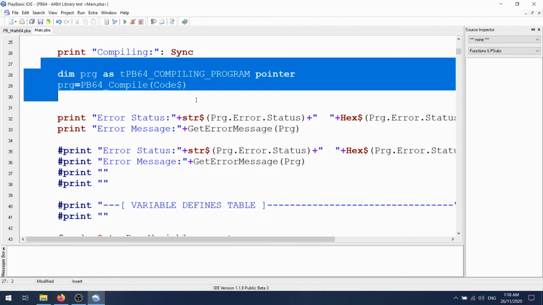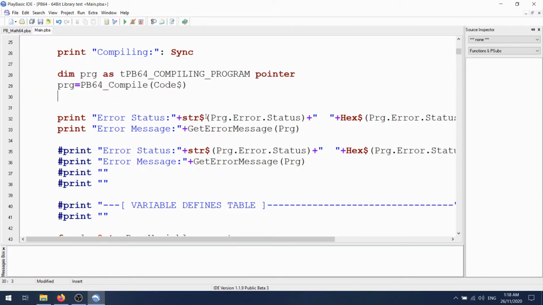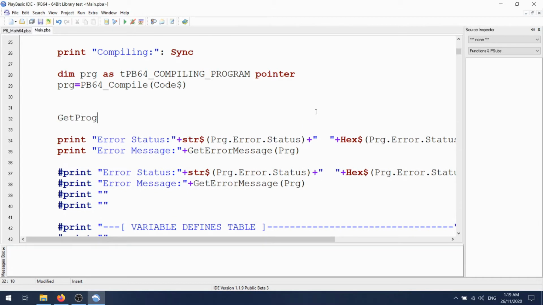Rather than have to look at the structure of the program here, you might just have a query function, I don't know, get program, rather than a bunch of get program functions that do specific things like get the name of the program, get the size of the program, get the last error the program had, or the current line, or get a variable from the program or something like that.